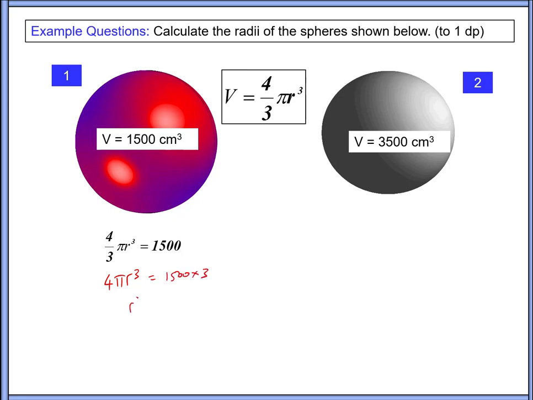So r cubed equals 1500 times 3 divided by 4 pi, and r is going to be the cube root of that. You're going to work it out on your calculator. That should give you 7.1